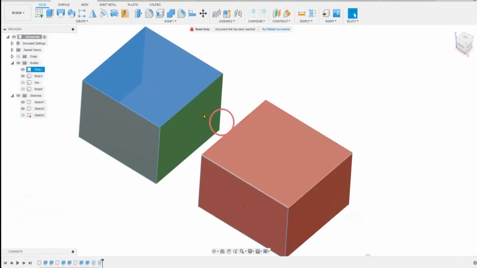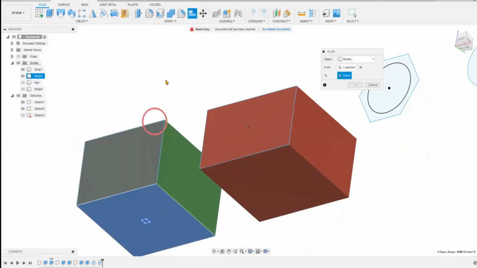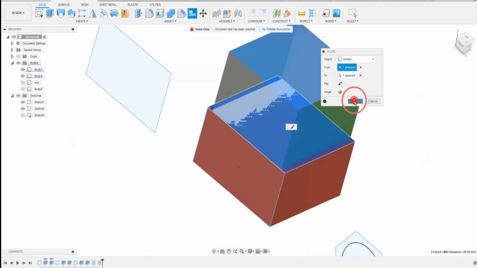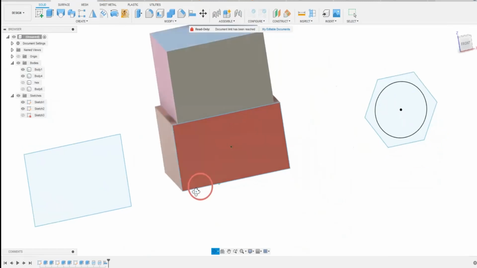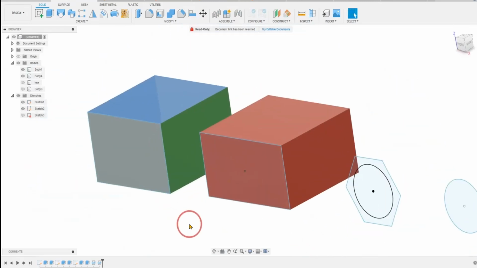If I wanted to actually put this one on top of that one in that way, what I would need to do is use the align tool, that center point, then that center point, and they would end up on top of each other. That's basically the align tool. Where you can start getting some funny settings is if, for example, I'll try and show you now,